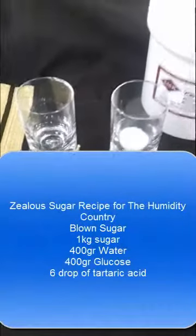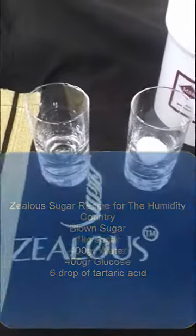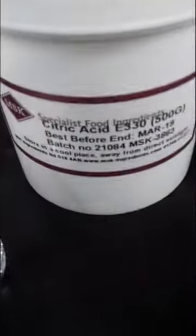Good morning everyone. Today we make a very easy sugar recipe. Not only that, it's a sugar recipe for humid countries like the Middle East. So, citric acid